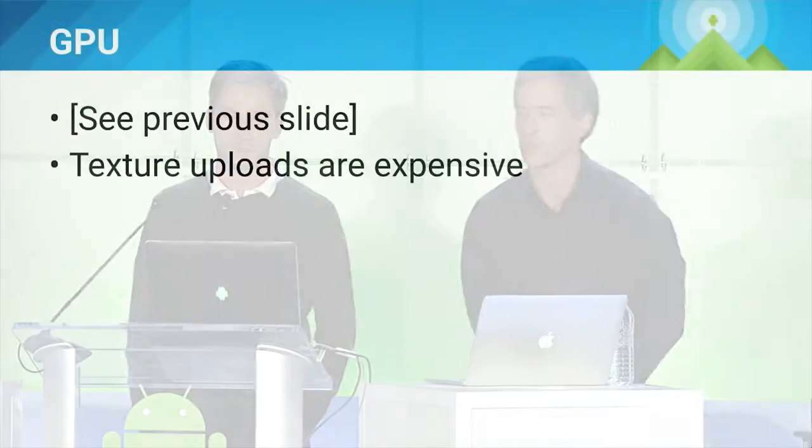So all the stuff that we said about CPUs certainly applies to the processor for the GPU as well. There's some other things that are specific to the graphics side. For one thing, texture uploads are very expensive. A lot of things trigger texture uploads, may or may not be obvious: whenever we're drawing a path, whenever we're entering new characters of text. This is the first time we've seen them, we're going to draw them into a bitmap that's going to get uploaded as a texture. Whenever we're doing vector drawables or other things that end up being software rendered into paths, those are all texture uploads, in addition to the obvious stuff of bitmaps. So those are expensive, as are